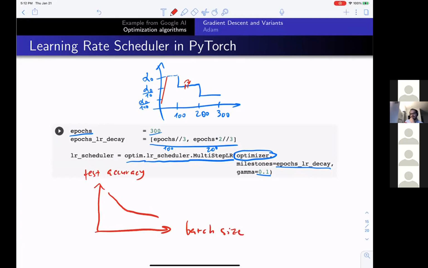I'm not sure what the answer to that question is. Is it because it's stochastic? I think it's not only that it's stochastic, it's also that it's non-convex optimization. So in convex optimization, there would be no problem with using a large batch size,